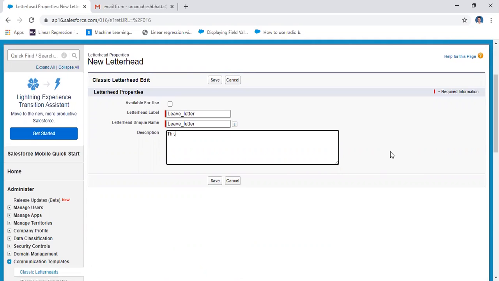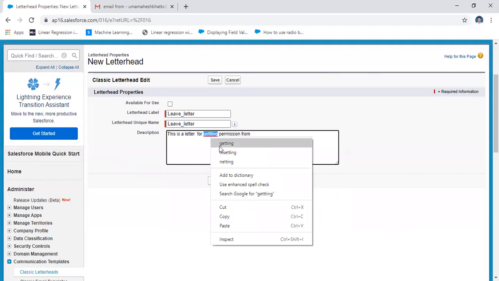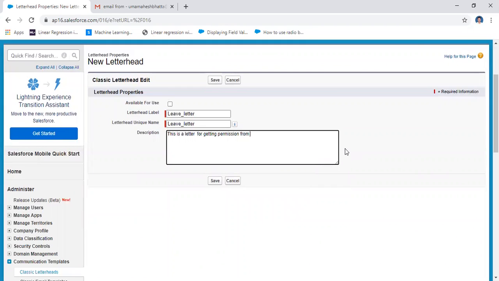Let us assume this is the letter for getting permission from the head of the department.